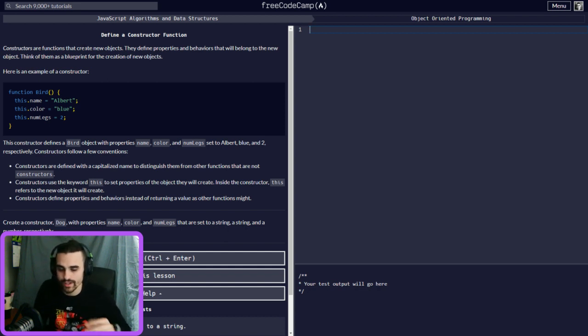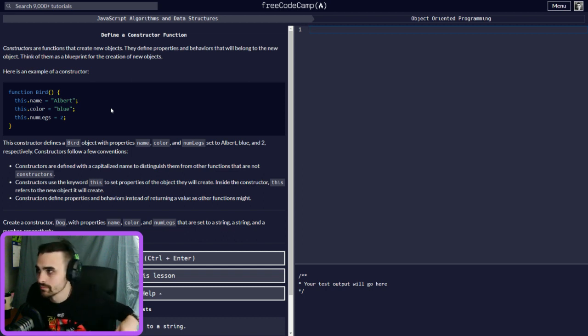When we create new objects, instead of explicitly defining one, like right here, where this bird is automatically going to have this color and number of legs, if you want to make multiple birds and multiple different things, you could create a constructor to make your own individual birds and objects throughout your code. So remember that, because constructors are a really big part of JavaScript.